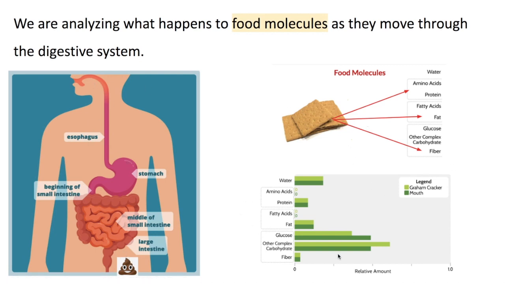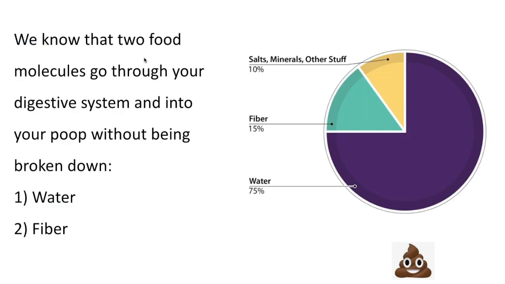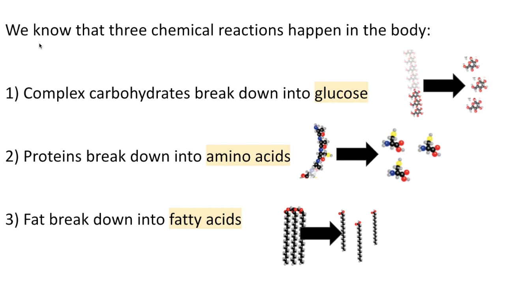You're very familiar with these graphs by now. We know that 2 food molecules go through your digestive system and into your poop without being broken down: water and fiber. We also know that 3 chemical reactions happen in the body. Complex carbohydrates break down into glucose, proteins break down into amino acids, and fat breaks down into fatty acids. We actually never talked about fats breaking down into fatty acid, but it's the same idea as the complex carbohydrates